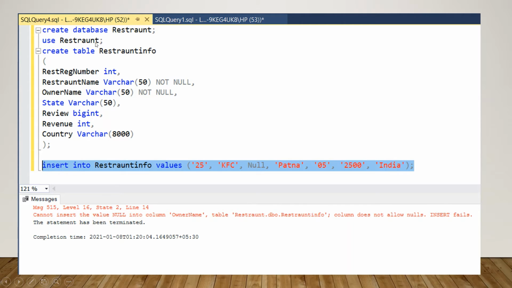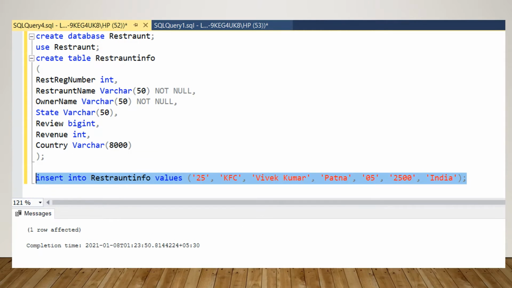So I have created database and table in which you can see here the restaurant name VARCHAR NOT NULL. I have put the value null. So when I'm executing the data, it is stating that a column does not allow null. So you can't allow any value into the null value. So when I try to put the value into the null value, so it is automatically